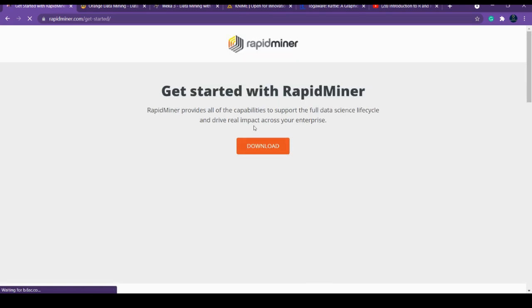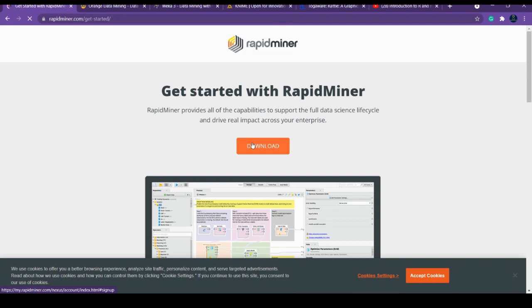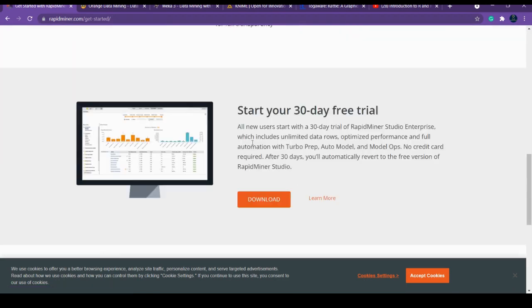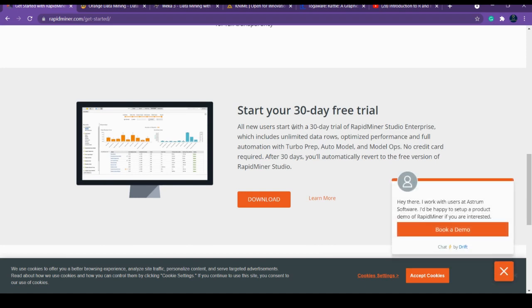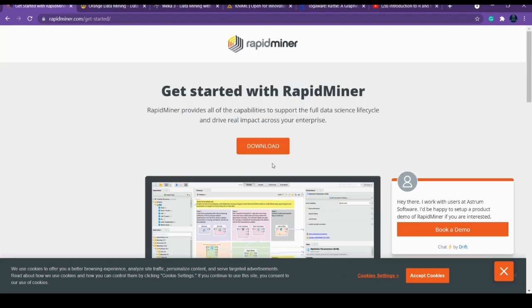So simply click download, and here you can easily download it. If you want to download the enterprise edition, you can also download it, but this is basically used by company people, that is, if you're working in a company and want to work with a large variety of peers, you can download this. But since we are just going to download it for a single user purpose, you can simply click here and download it.